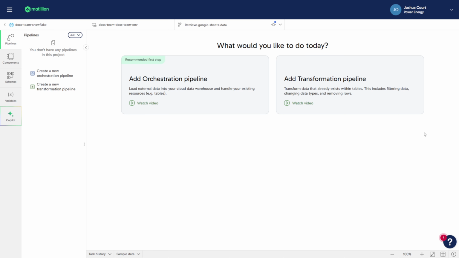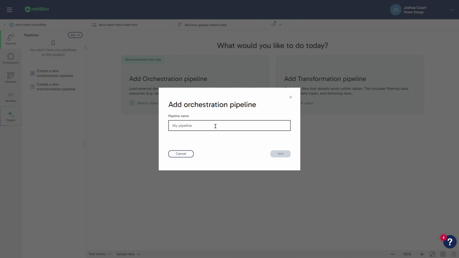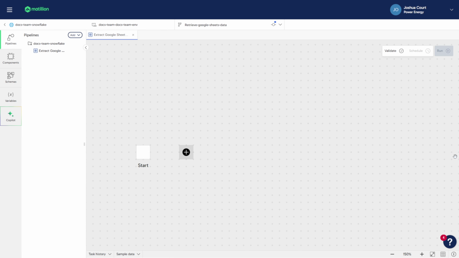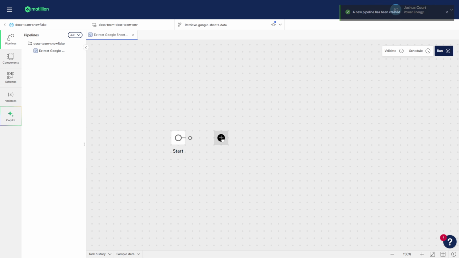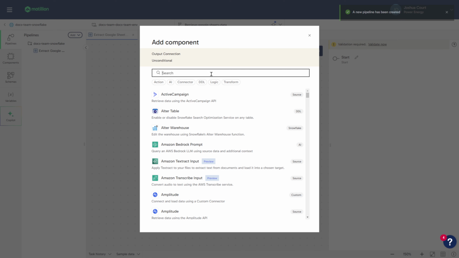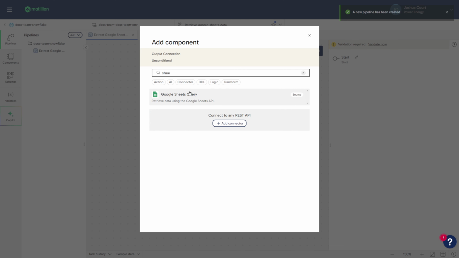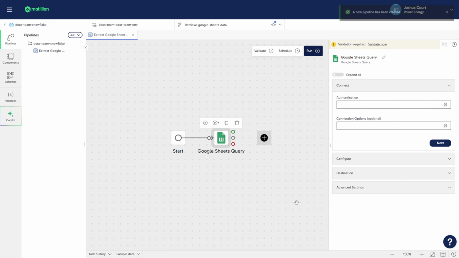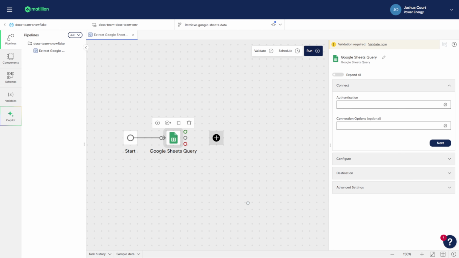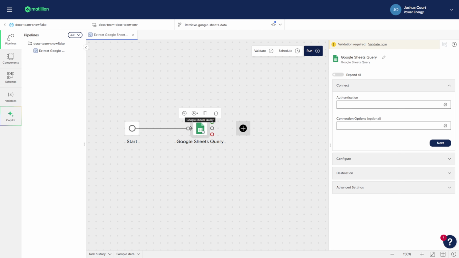Now I'm going to make an orchestration pipeline by clicking Add and then Orchestration Pipeline. Then I will name it something descriptive like Extract Google Sheets Data. In the new pipeline, let's click on the plus sign and search for the Google Sheets query component, and then select it. It's now been added to the canvas and connected to the Start component, so let's click on it